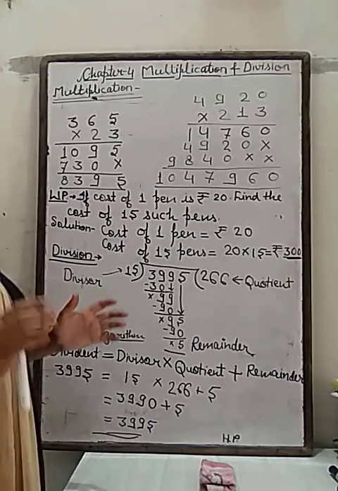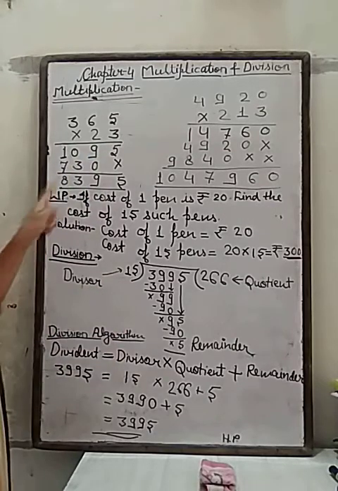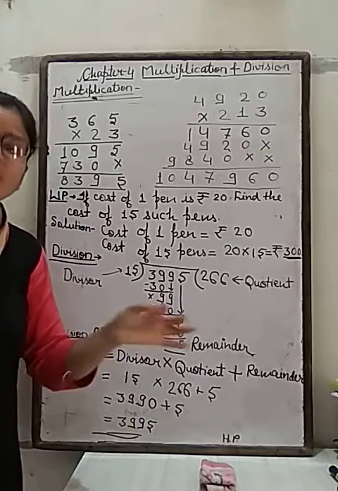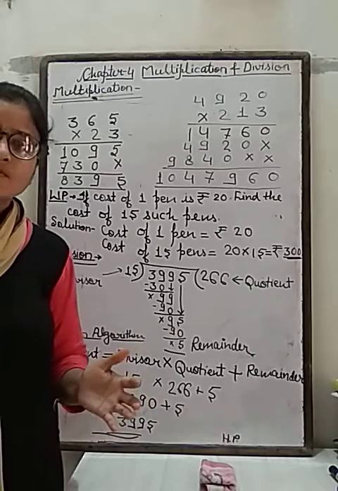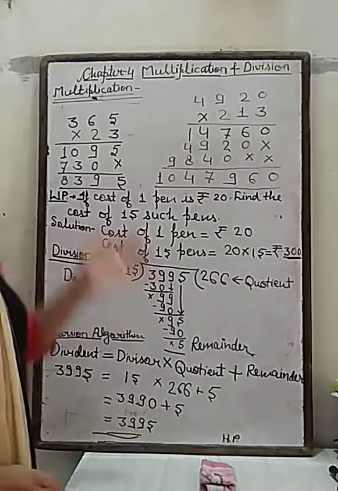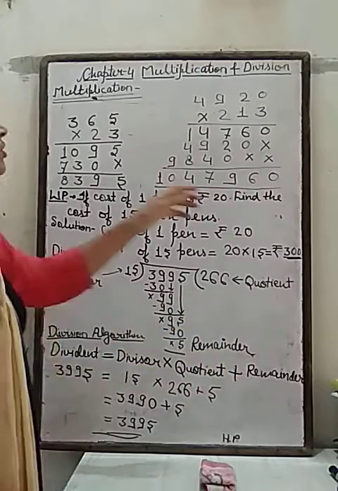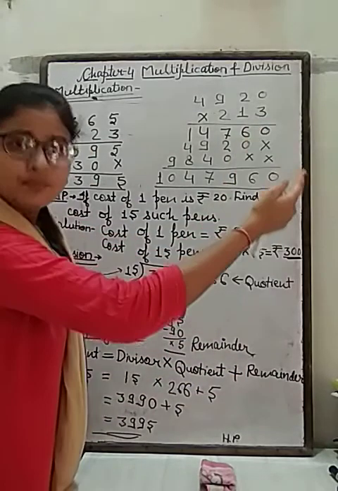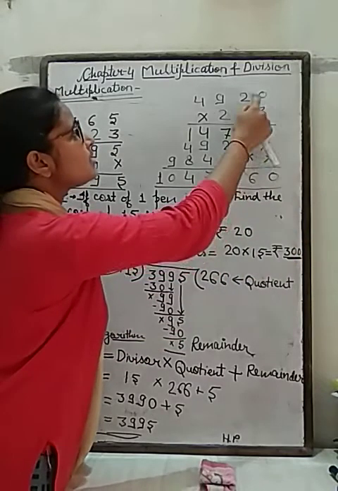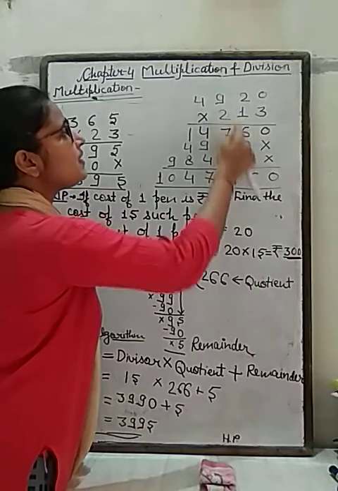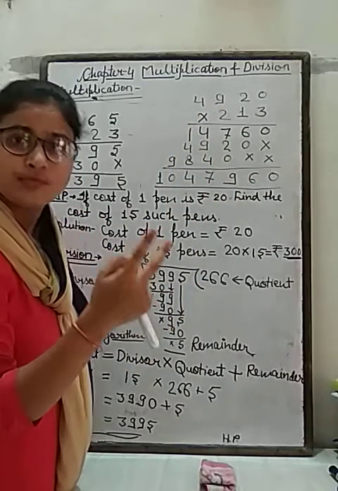It is one precaution for you: write all the digits in a linear manner so that there is no problem in adding. Now I'll tell you how to multiply 3 digits. So like two digits, we will multiply the same way in 3 digits. We will start from the very right digit, that is 3. 3 multiplied by 0 is 0. 3 2s are 6. 3 9s are 27, carry 2. 3 4s are 12. 12 plus 2 is 14.